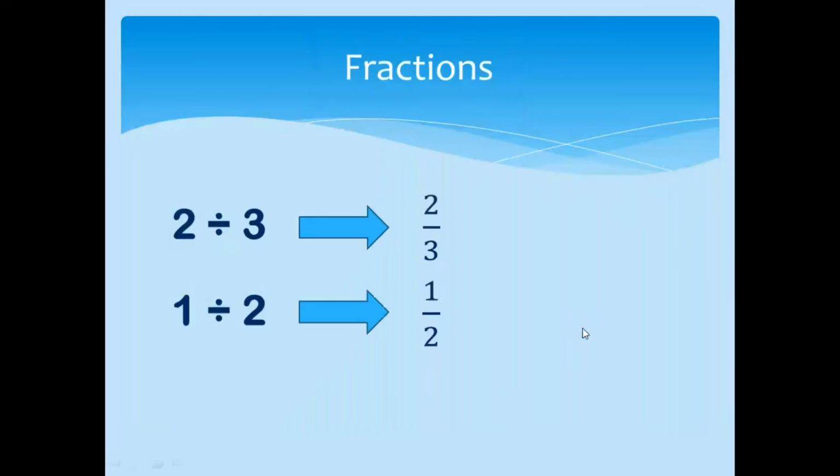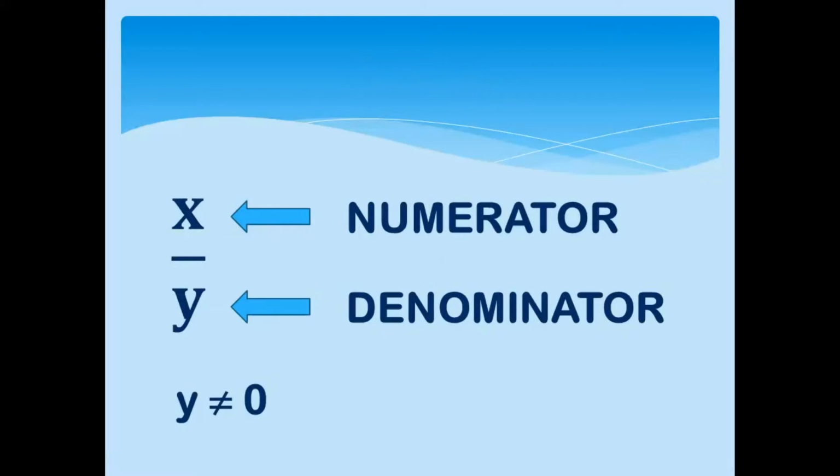Coming at you next, we have fractions. Fractions are one number divided by another. Easy, right? For example, if you have the number 2 divided by the number 3, you can write that as 2 over 3. Another example would be 1 over 2, which you usually use to mean half. One important thing to remember is that the denominator, which is the number on the bottom, can never be 0,